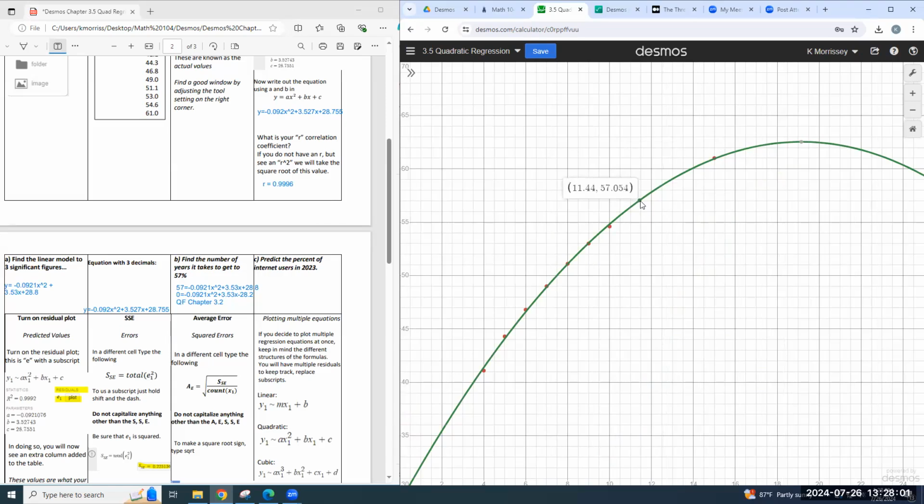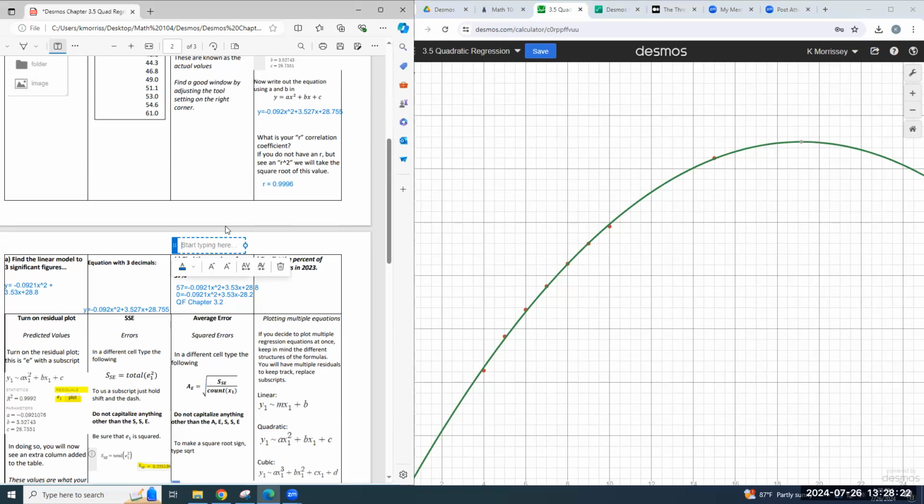And I'm not the best with Desmos. So it's going to be about 11.43 or so. And if we scoot down just a little bit, even if we're at 56.997, we're still at 11.4. So we kind of conclude that x is equal to 11.4